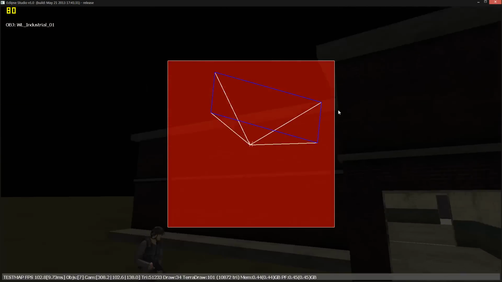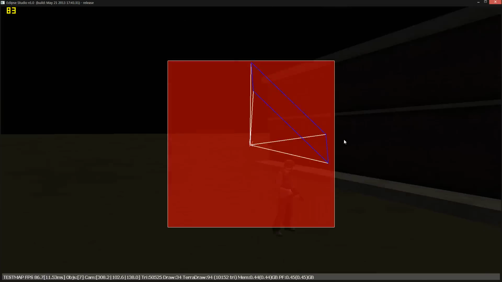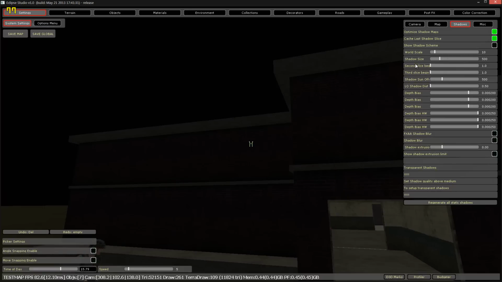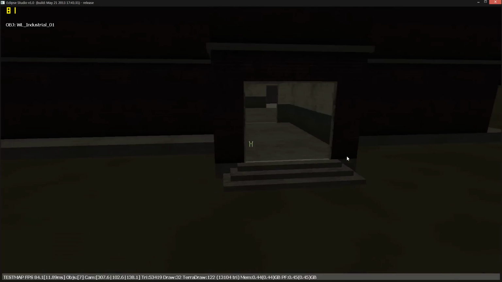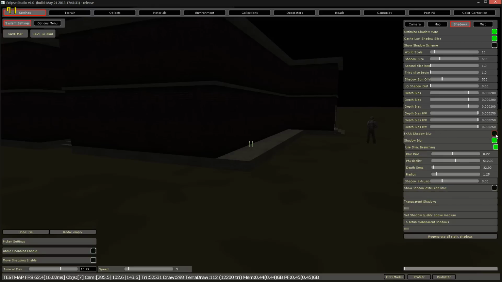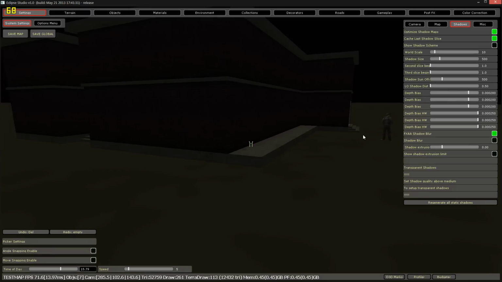Show shadow scheme is basically for this. This is where the sun is, and the shadows are falling here. That's pretty much all there is to it. Now I won't go through this because I think it's kind of obvious. There's a lot of things here and they're not quite important. FXAA and shadow blur are pretty much self-explanatory. They give a better effect for shadows, although these can drain the frame rate quite a lot. And this